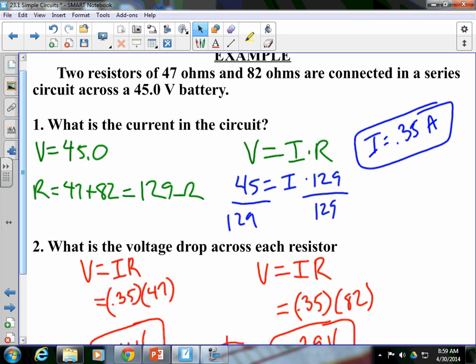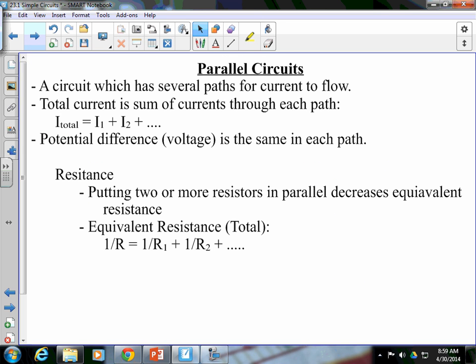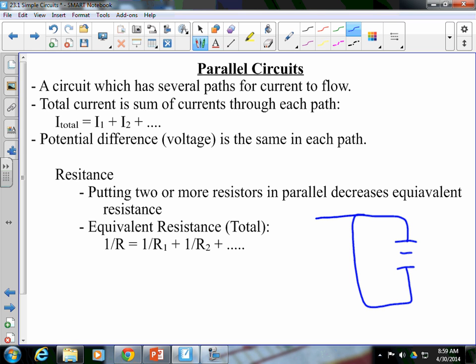The voltage drop among each resistor is going to add up to the total voltage. So we solve for current, resistance, and voltage in a series circuit. How about in a parallel circuit? Well, a parallel circuit, if we were to draw one, is going to look very basically like this, where I